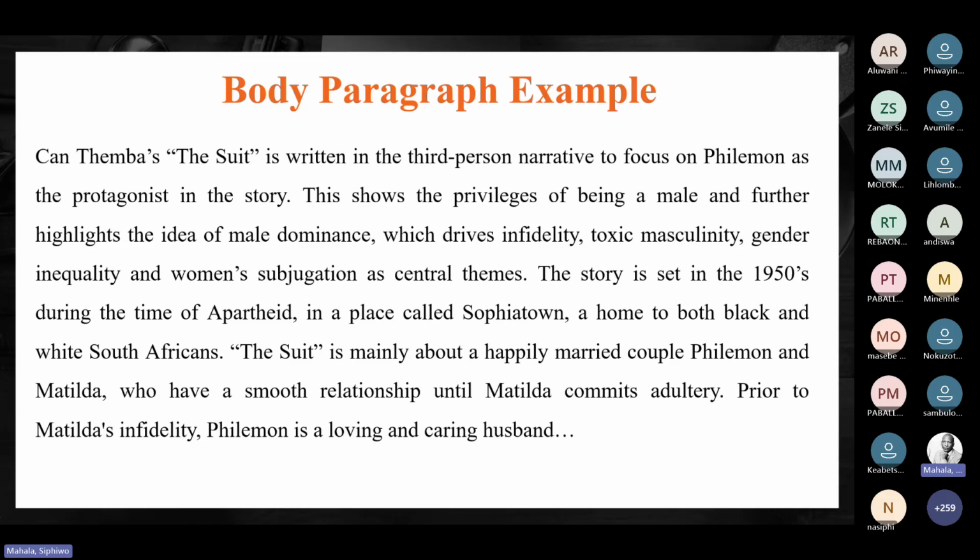The story is set in the 1950s during the time of apartheid in a place called Sophiatown, a home to both Black and white South Africans. The suit is mainly about a happily married couple, Philemon and Matilda, who have a smooth relationship until Matilda commits adultery. So here she's giving context. If we were to continue with the essay, then you'd see here how she